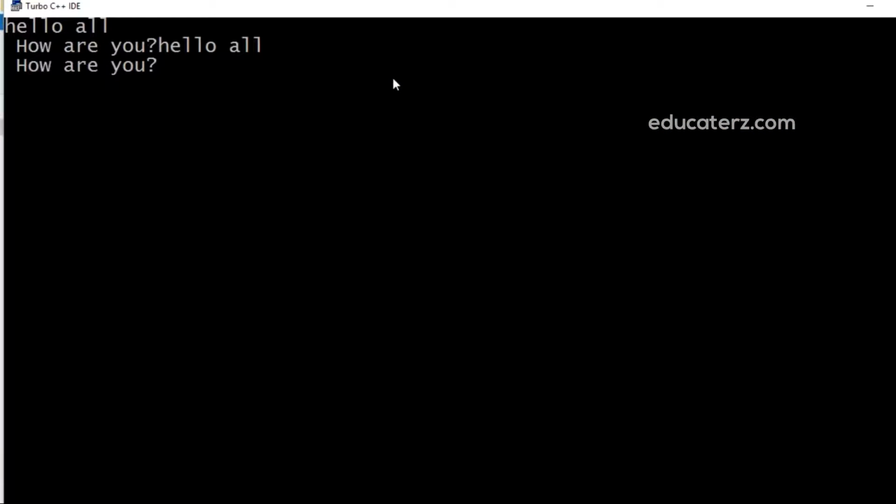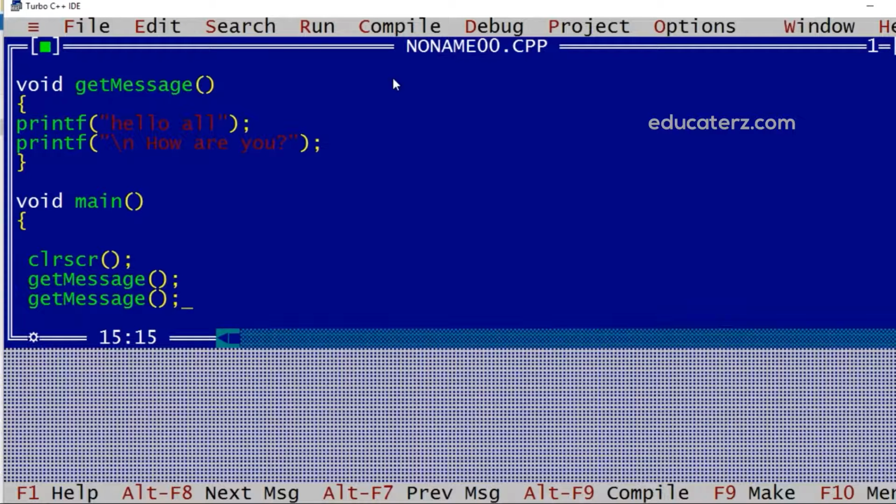So the same message is displayed one more time. So whenever we have a task to be performed multiple times, instead of writing the whole task, we can separate it in a function and then call it in another function. The second advantage is we are having modularization, as we are wrapping all the tasks which are related to the message under one function and then calling it. So code reusability and modularization are the facilities of functions.